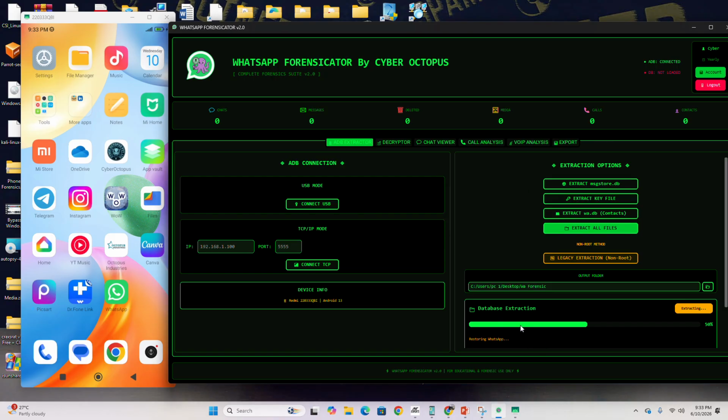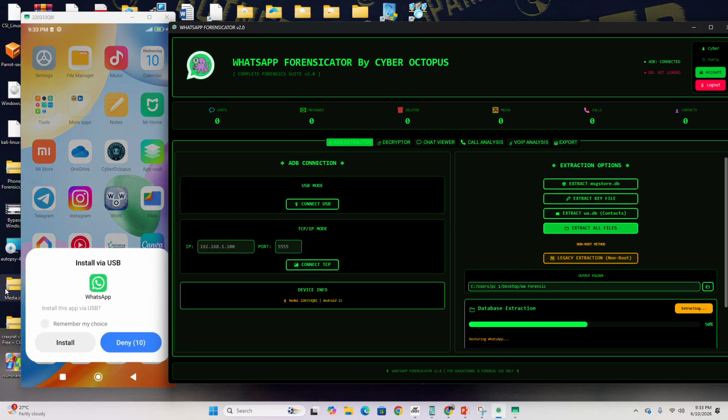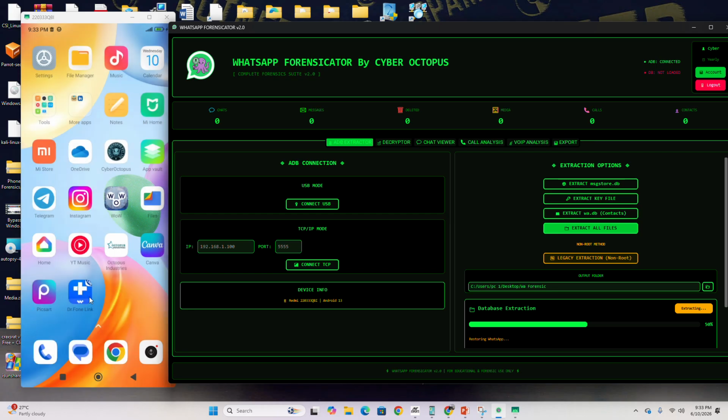You can see the status is showing here. You can see on the phone this will appear: install via USB. You have to click on install. Then after installation a prompt appears, backup my data. We have to wait for it.